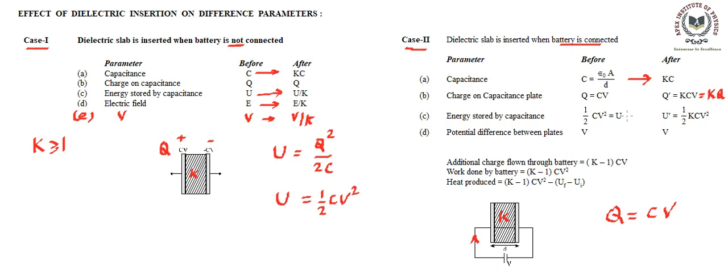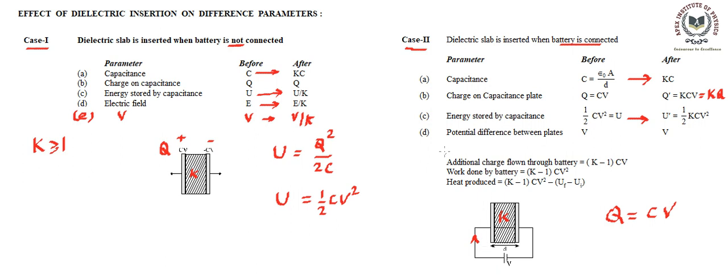Since the charge is increasing, we can also talk about the stored energy of the capacitor. Now stored energy of the capacitor, you can use the formula U is equal to half CV square, because V is a constant. Then you'll find the stored energy is also going to increase, and this stored energy is going to be K times initial energy. So stored energy is also increasing by K factor. Now what happens to the potential difference across the battery? We know the potential difference remains constant because it is connected with the battery.